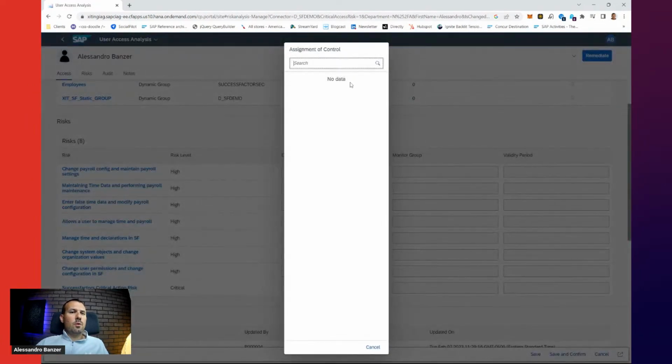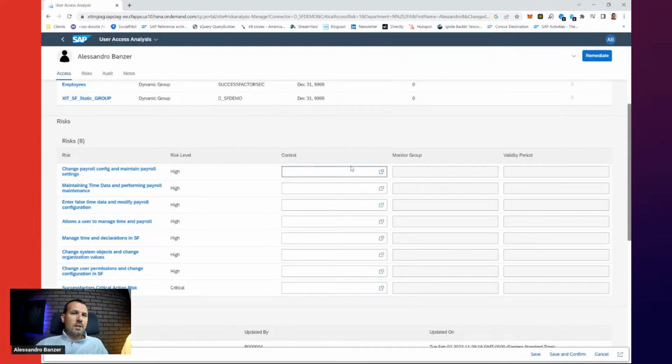But obviously, what we could do here is the mitigation process. We could select mitigation controls here, and they should be available. Maybe someone played around with my system, but we could assign mitigation controls here, or typically we do it throughout the workflow where, when there's a risk, it needs to be mitigated. And then it would obviously show up here as well.